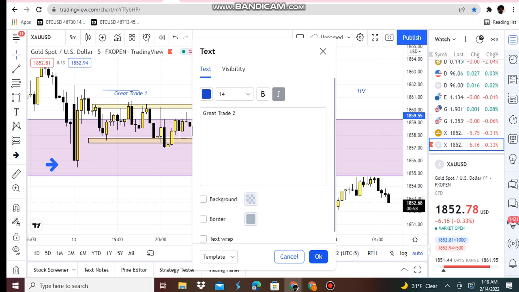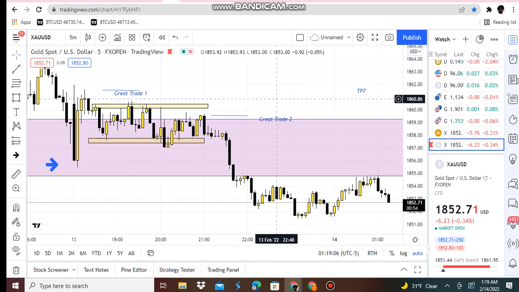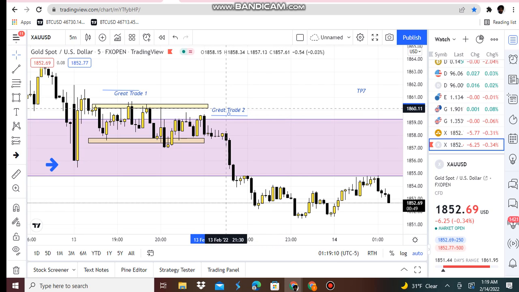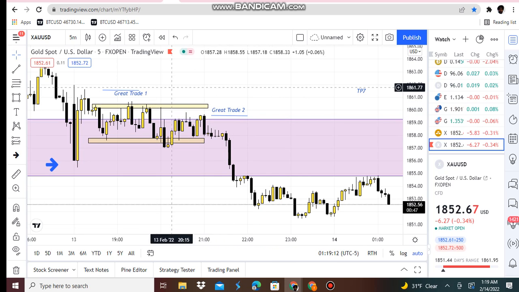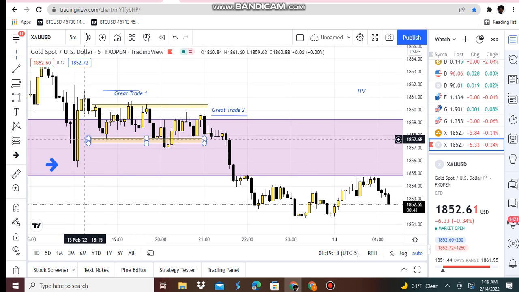This is still considered a great trade. You got in at the high. Once price made a lower high, you can get in right there, right here. Great trade one, great trade two. If you had missed this one from 1861, and once price makes a lower high, you can see on